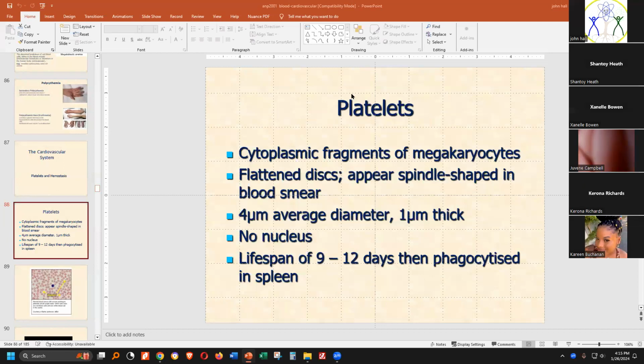So when it says here, a platelet is a cytoplasmic fragment, right? It's basically saying,